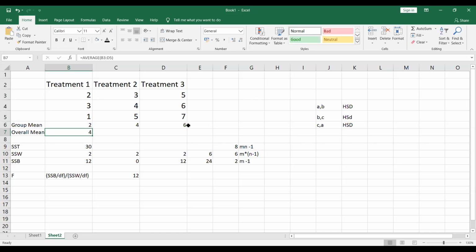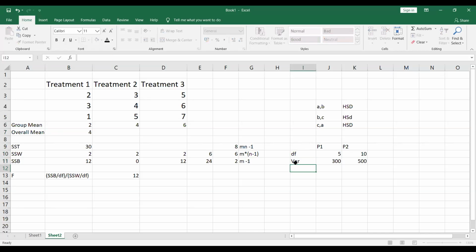Are you getting me? So let me repeat again. I am comparing process 1 and process 2. Let me write this. Let's say process 1 has a degree of freedom of 5, and process 2 has a degree of freedom of 10. The variability in case of P1 is maybe 300 and P2 it is 500. When I compare the variability, I cannot compare 300 to 500 because they have different degrees of freedom. Are you getting me?